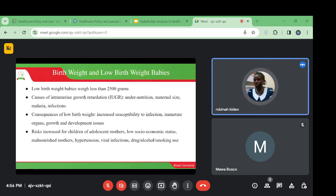So birth weight and the low birth weight babies. Low birth weight babies weigh less than 2,500 grams. Causes of intrauterine growth retardation: undernutrition, maternal size, malaria, and infections. Consequences of low birth weight can be increased susceptibility to infection, immature organs, growth, and development issues. Risks increased